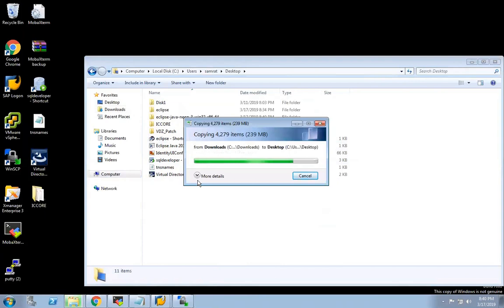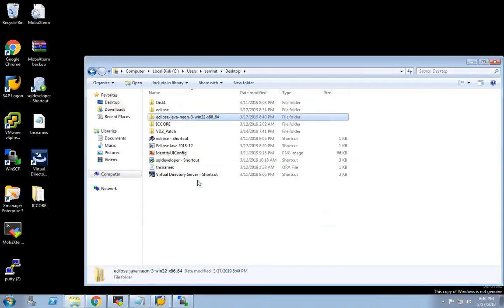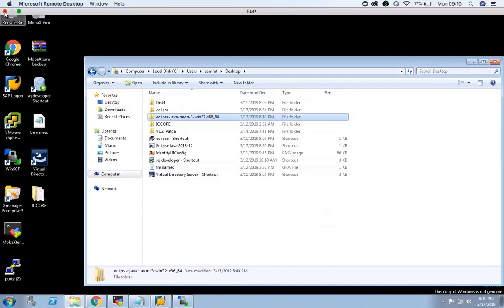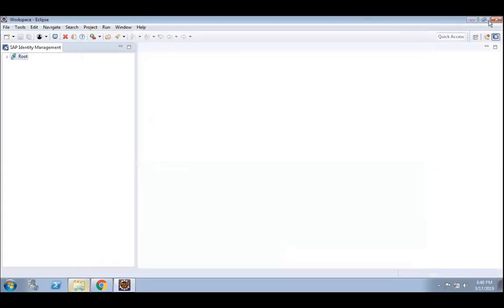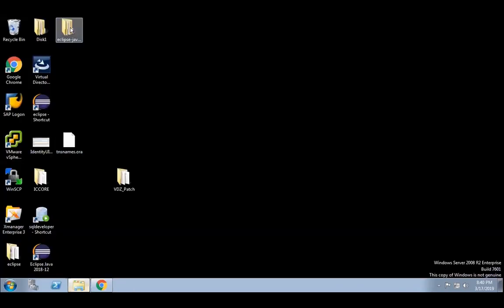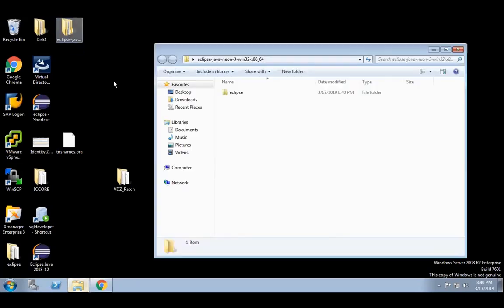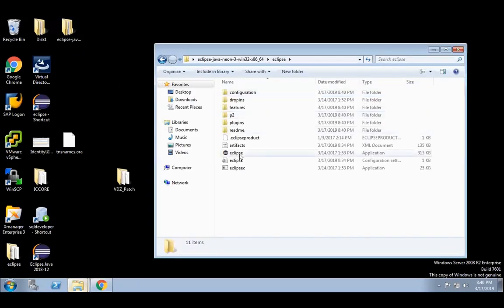I think for the new versions also, Neon is only compatible. Yes. Okay, it's copied. You can share your screen. So the rest of the things need to be uninstalled then. Yeah. Which one? That one, delete it. This one? Yeah, that is Neon. This is Neon, correct.